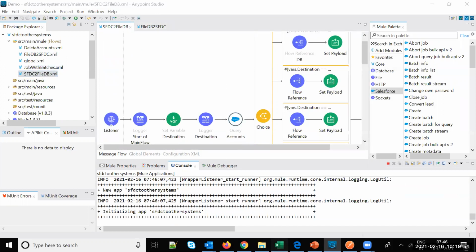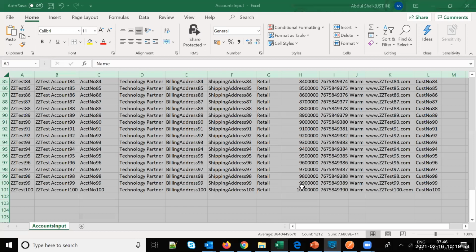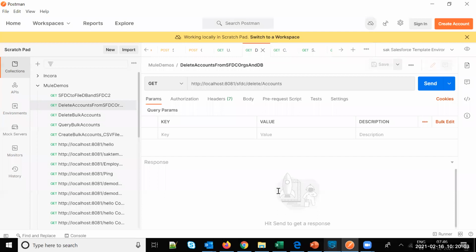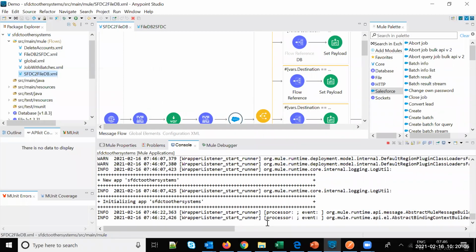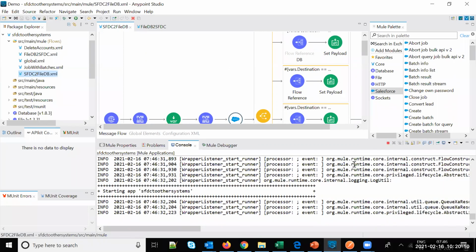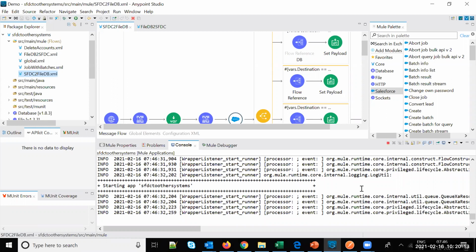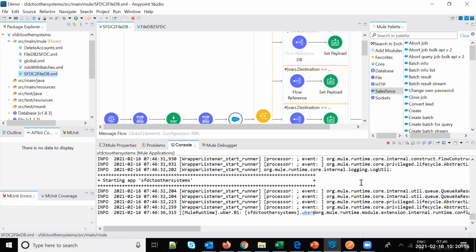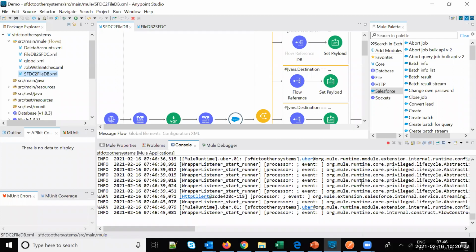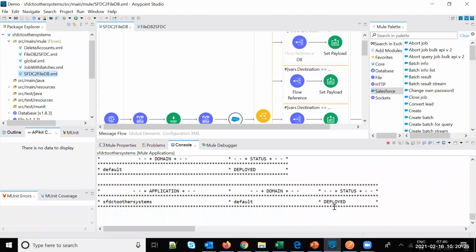Even though we have only 100 accounts here, I have used the Bulk API to upload the data from the CSV file into Salesforce. The application is still getting deployed. Okay, the application is deployed.